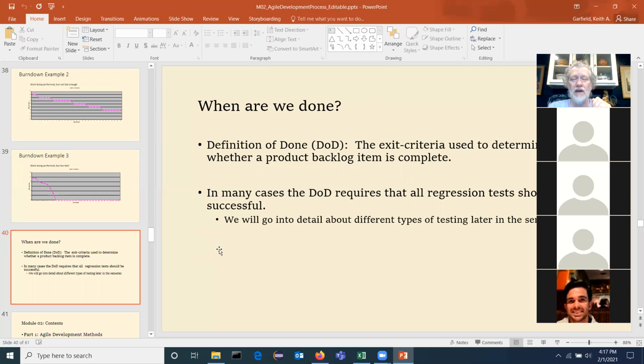It might mean that you have to pass a bunch of tests. Usually you can identify it in some kind of more informal way. Then when you get the user story, the product owner says, okay, this sprint, this is what we're going to do. And the Scrum Master, team, and developers then lay out those tasks. If you were assigned or you volunteered for a particular user story,